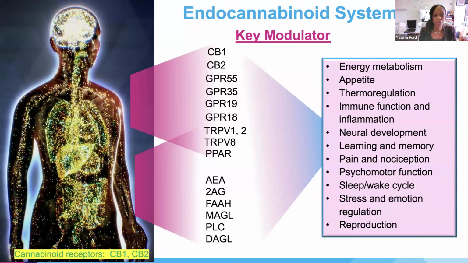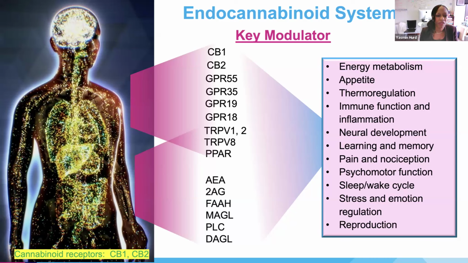And I guess that's not surprising when you see that these cannabinoid receptors are expressed throughout the body. They're critical for energy metabolism, appetite, regulating temperature in the body, immune function and inflammation, the development of not just the brain here, but a number, obviously, of organs. They impact on, my bias obviously comes from neuroscience in the brain, in terms of impacting on learning and memory, pain, and psychomotor function, our circadian or sleep-wake cycle, regulating stress and emotions, and even in reproduction.